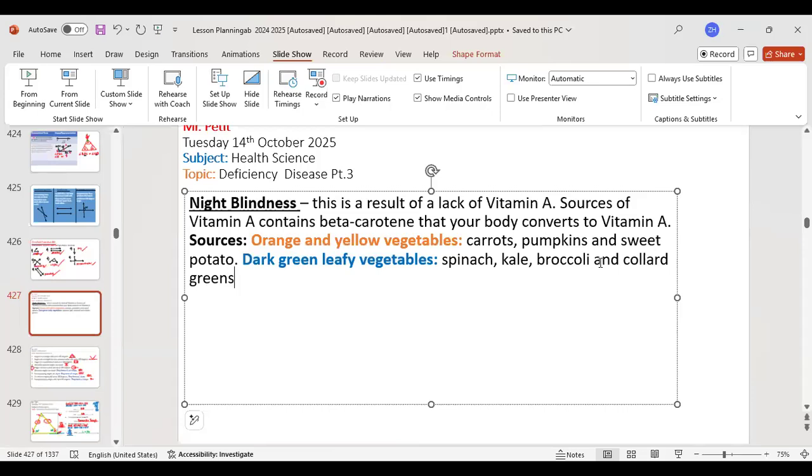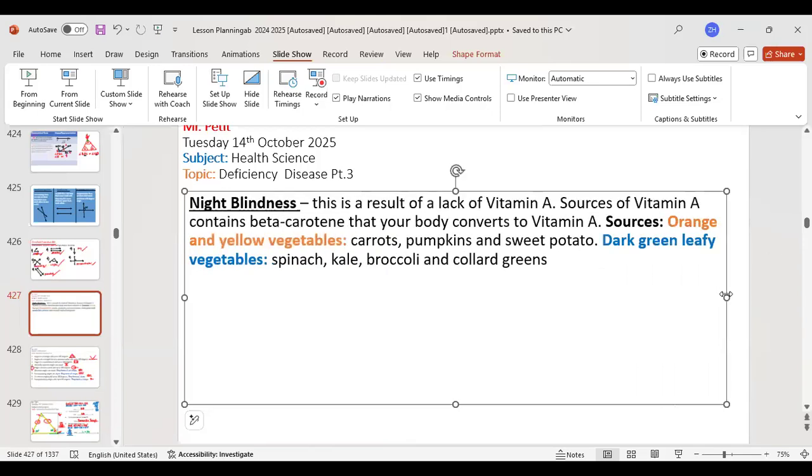All right, so anyone know what collard greens are? Ever heard of that? Who does not know what collard greens are? I've heard of them, but I still don't know what they look like. Collard greens look like, obviously, a dark leafy vegetable. Let me just show you the picture.